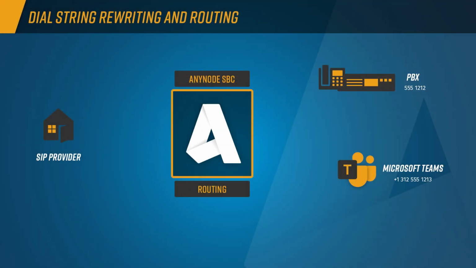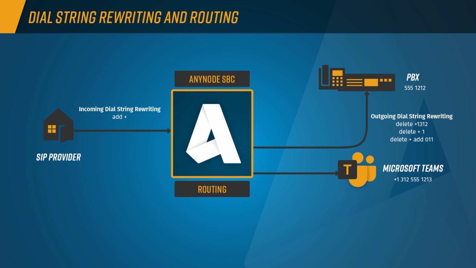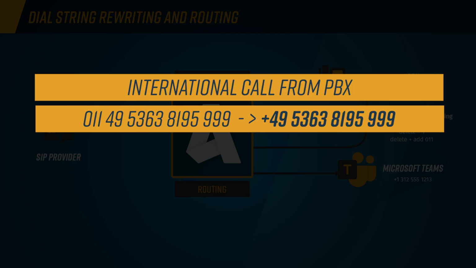In our example, the provider uses the international telephone numbering plan E164 without a plus. That ensures each device on the PSTN has a globally unique number with a country code, national destination code, and subscriber number. We recommend that you transfer everything to the internationalized E164 format with a plus as an optimal procedure and best practice before routing. For an international call from the PBX, the user dials